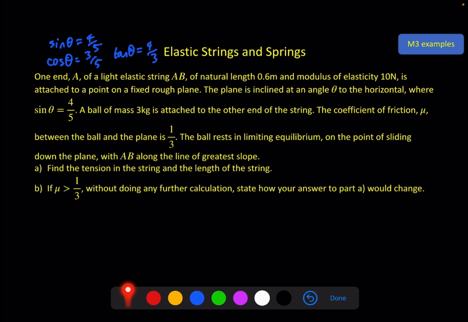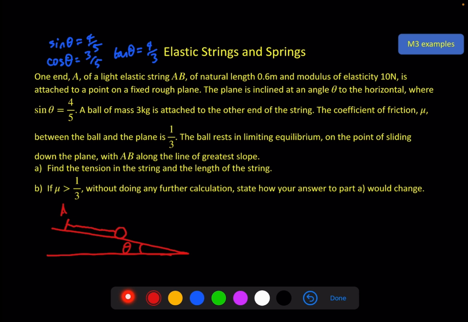A ball of mass 3 kilograms is attached to the other end of the string. Okay, I better start drawing this, otherwise I'm going to get lost before we even begin. So we've got a plane inclined at theta. One end is attached, that's A, so let's put that here. And the string is attached there, coming down the plane, and there's a ball on the end of the string